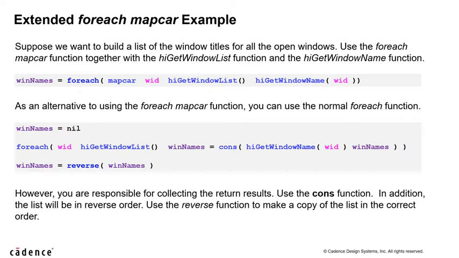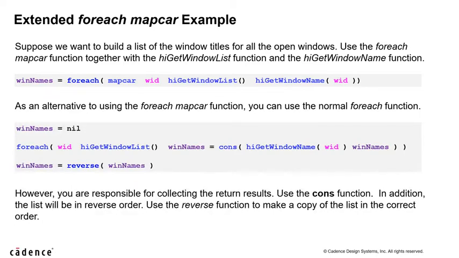That's the list we'll be collecting the names into. Then we do our foreach loop. We do the hi get window list just like before. We assign it to the window ID variable. And then in the loop, we use cons to get the window name and then add it to the list win names. And so we continue to do this for every item in the window list,